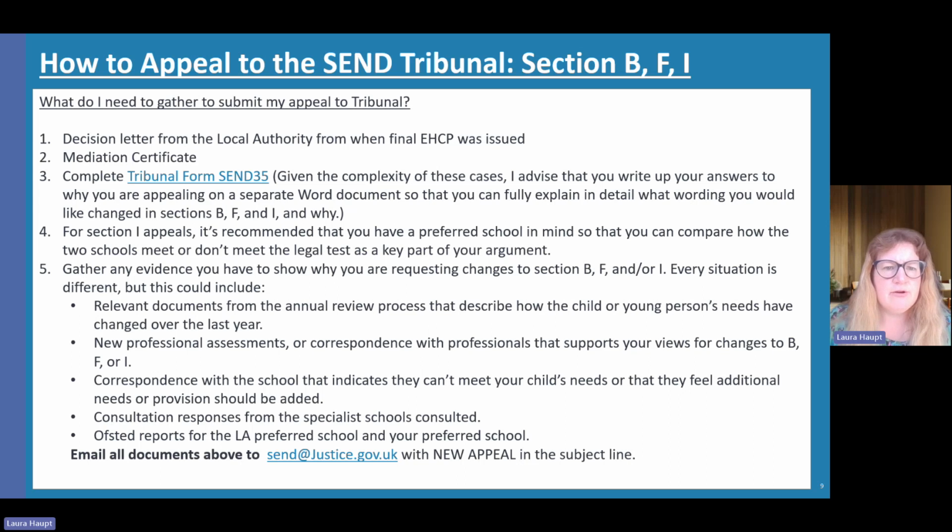It's also important to gather any evidence that you have showing why you're requesting changes to Section B, F, and/or I. In this situation, every single situation is different, so I can't give you an exhaustive list of what kind of evidence to include, but things that might be relevant include documents from the annual review process that describe how the child or young person's needs may have changed over the last year,